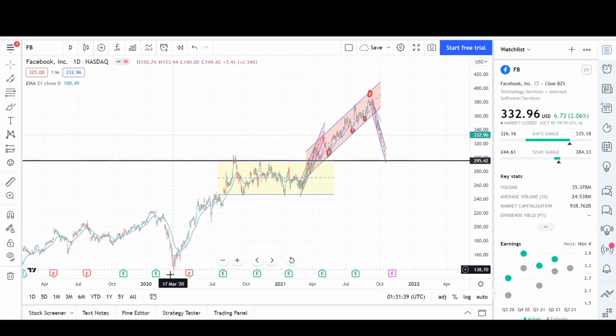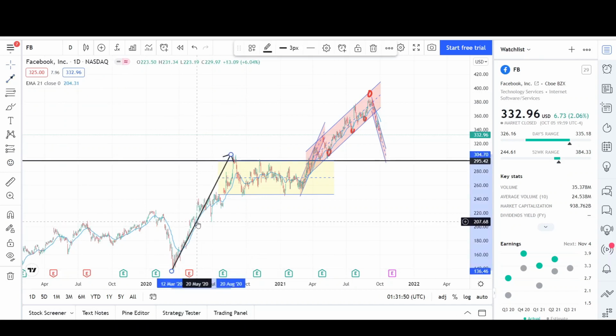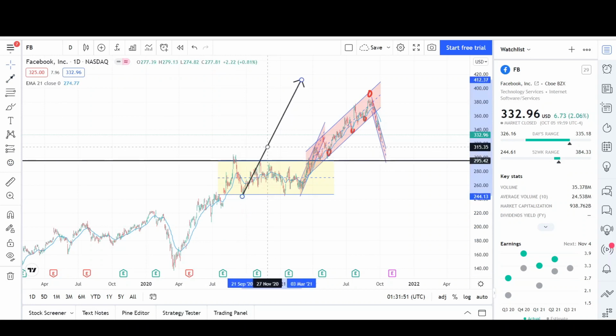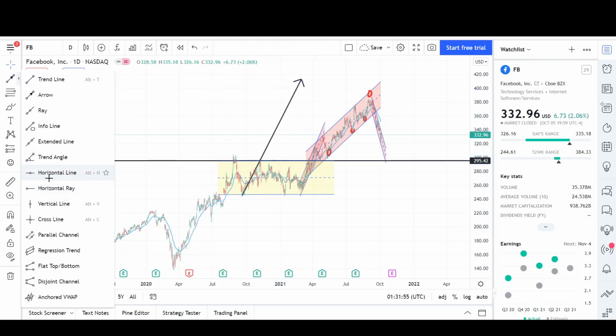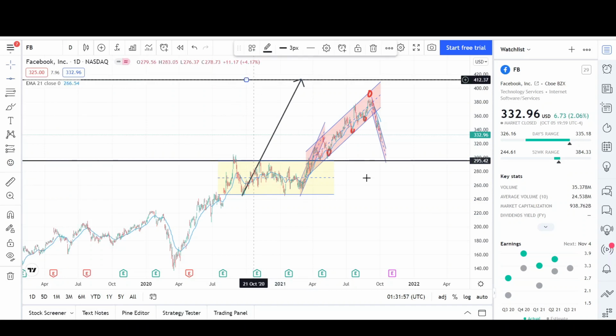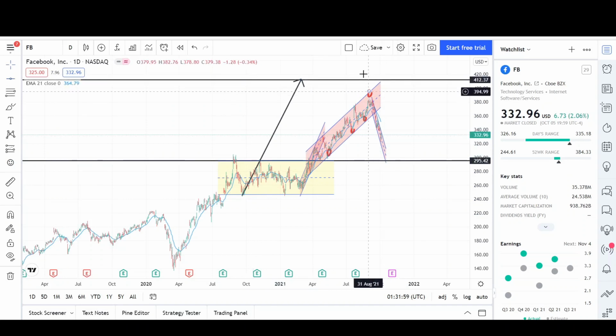So as you can see here, prices made a leg up, then sideways, and then the second leg up. Prices came up short of it, so that's not a good sign. Normally when we come up short of a measured move, we get a strong reversal in the opposite direction, and that's what happened. It looks like the target for Facebook was right around that 412 level, and prices came up short of it by a good amount, and that's why we're seeing a